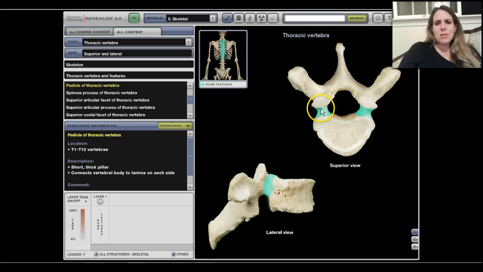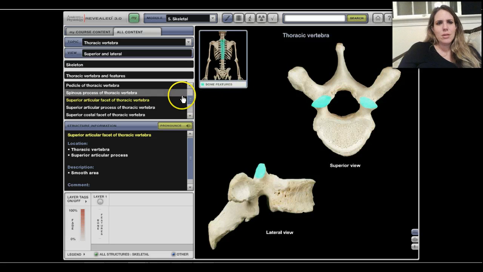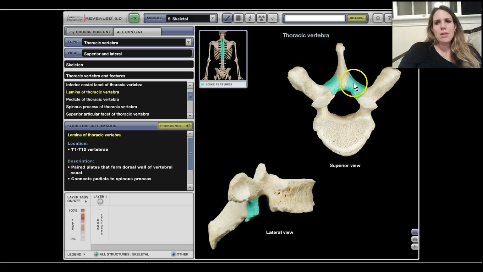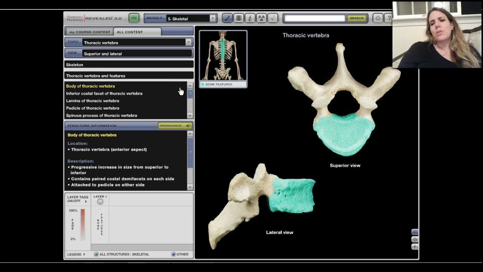Let's look at your pedicles, right? You know those, and your superior articular facets. So these are all the same. You're like, okay, I'm getting it. I understand these things. We can look at our lamina. Those are obviously right by the spinous process, and you know the body of your thoracic vertebrae. So you're like, okay, I can see that the body is thicker than it was in the cervical vertebrae. Things are shaped a little different. Okay, makes sense. But now is the interesting part, because thoracic vertebrae, all 12 of them,